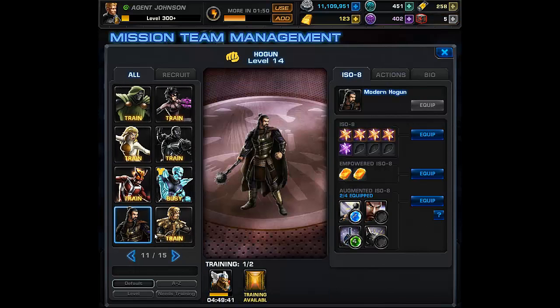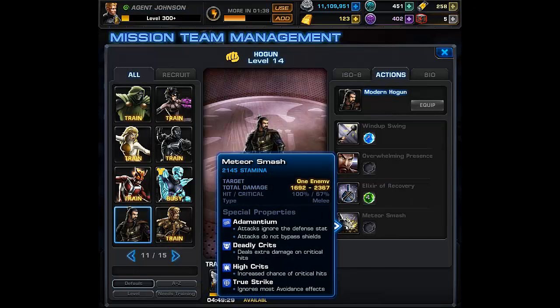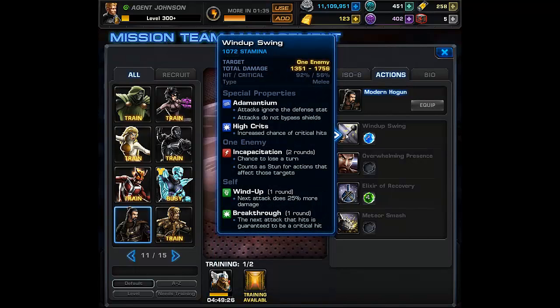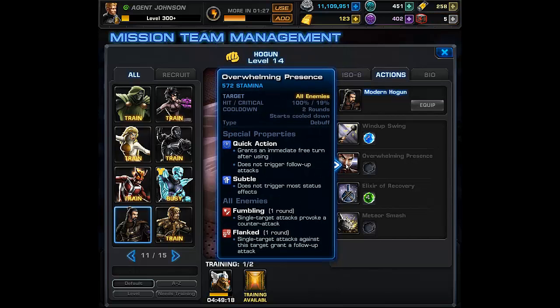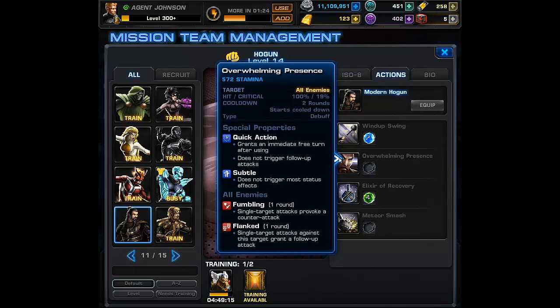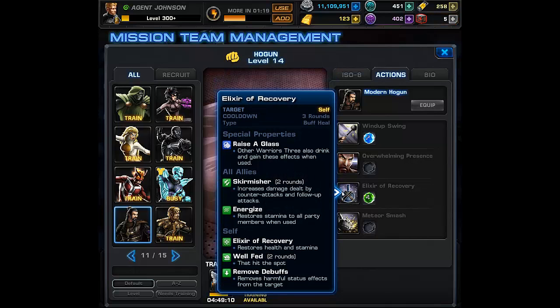He is without a doubt a fantastic melee character. It's very hard for him to go wrong in the hands of the AI. One of the only things that could be done wrong is if the AI favors the Meteor Smash instead of the Windup Swing. But that's not necessarily that bad. Overwhelming presence is up every 2 rounds. This can't be misused unless he's exhausted at the time that it goes off. Elixir of Recovery. It's better if the agent does it than if he does it and wastes a turn. But this isn't a horrible thing